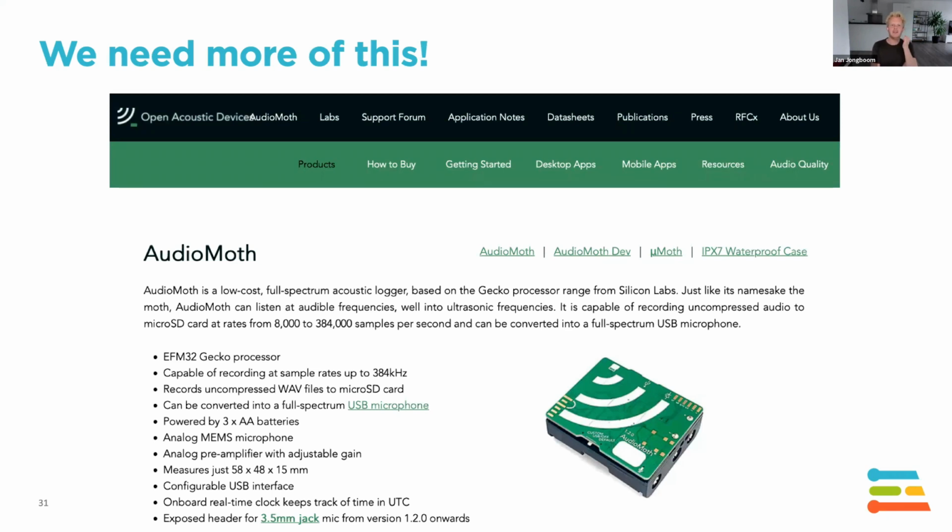This kind of device, I want to see more of that, right? I want to see a device that can do all kinds of gas sensing or something, PM2.5 sensing directly in the field, and get the data into the hands of researchers as quickly as possible, in a way that the AudioMoth is doing it. But then on the AudioMoth, I also want to be able to run my inferencing straight on this thing.